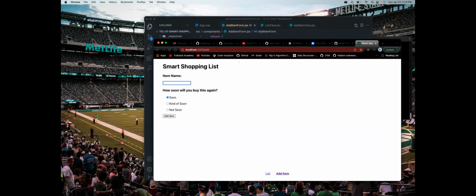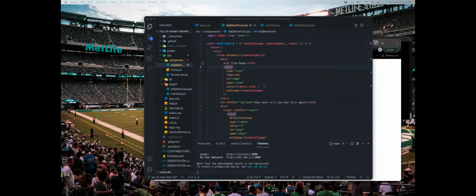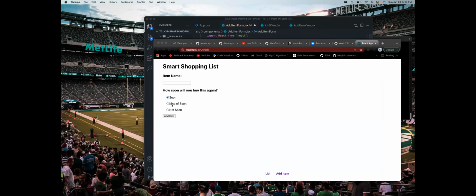Actually, I want to show you something. I realized why that was an issue. Before, over here, it said HTML4 and it said options, right? This used to be a label. This used to be a label, but we realized that if we do label, we have a styling on this label, which kind of makes it